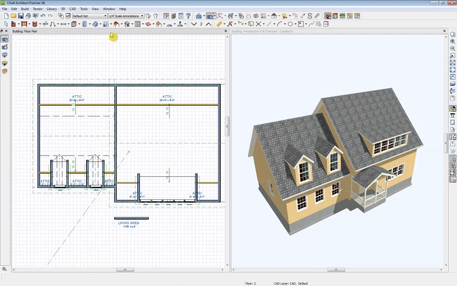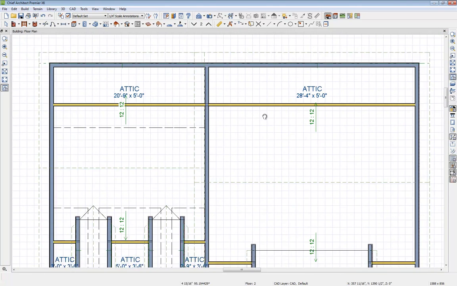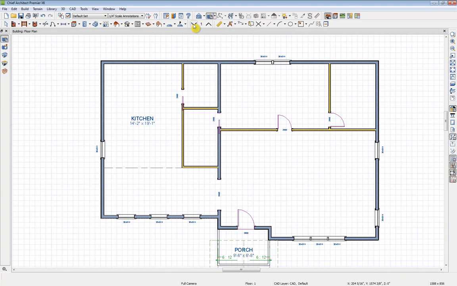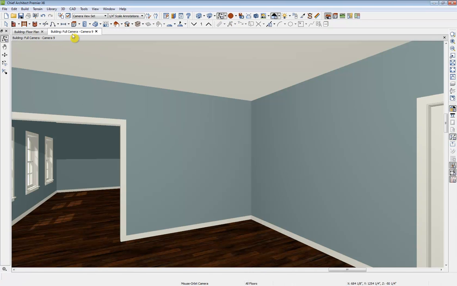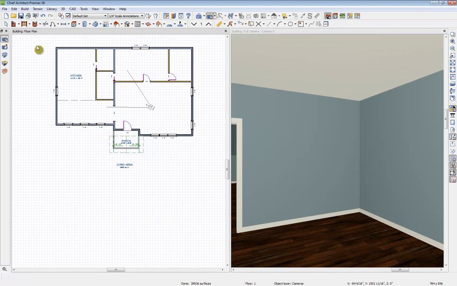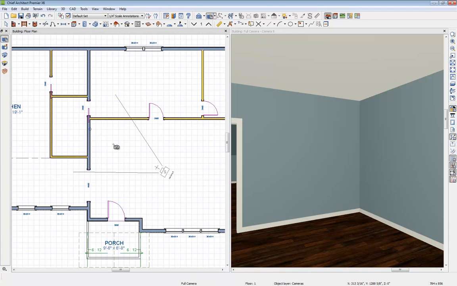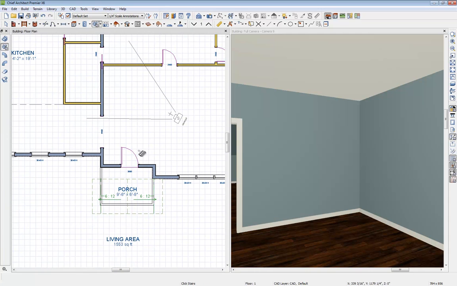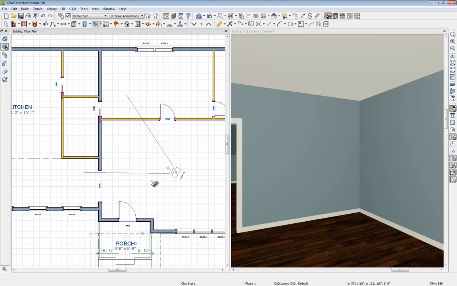So now we'll go ahead and exit out of both 3D views and go down to our first floor. And we'll take another 3D view of this section where we're going to be adding stairs. So I'm going to zoom in and come up to our stair tools. We do have a number of different stair options, just like with everything in Chief Architect software. So we have the ability to just click and place, which is really handy for something like an exterior porch,